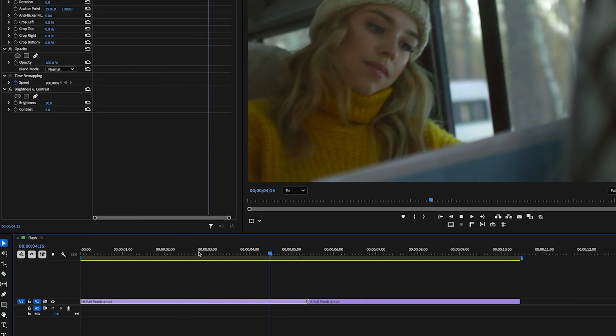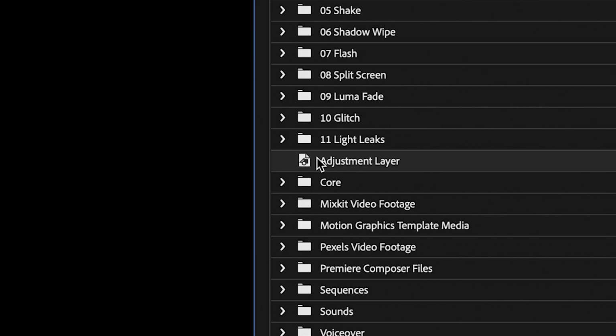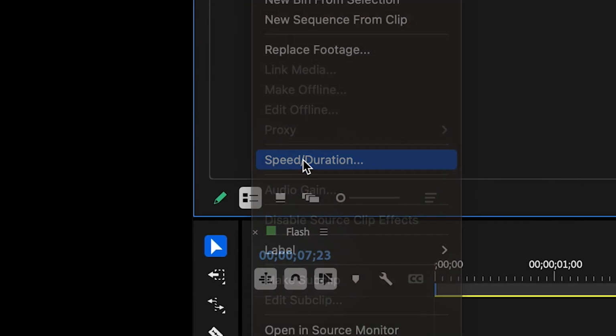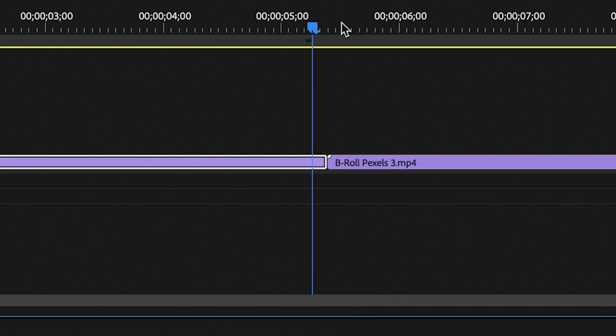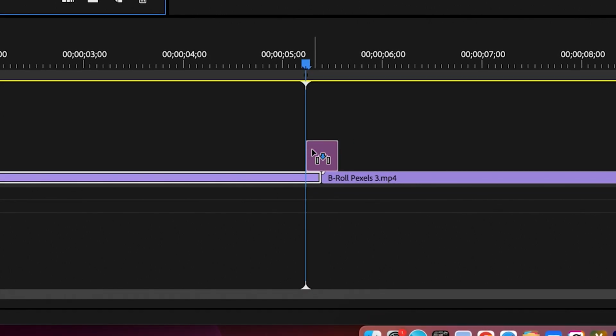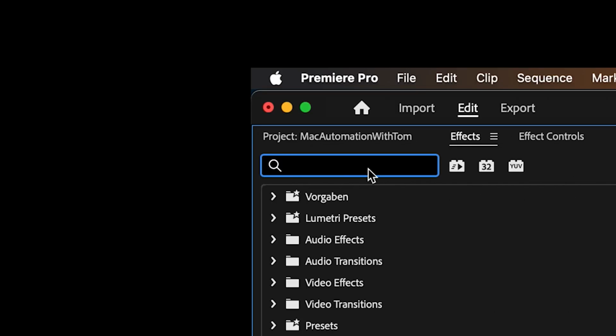Before we can create the automation workflow, we have to add our transition once manually. So make sure you have 2 clips added to your timeline and then create an adjustment layer. Right click on it and select speed duration. Set the value to 10 frames, click OK, move your playhead 5 frames to the left, drag and drop the adjustment layer to the middle of the cut in your timeline, go to the effects panel, search for an effect